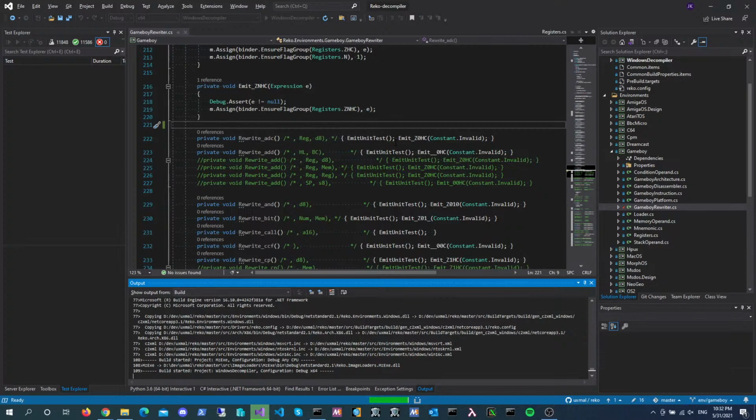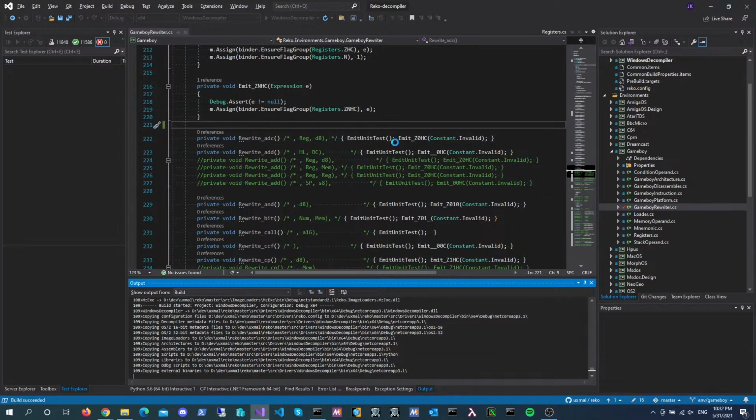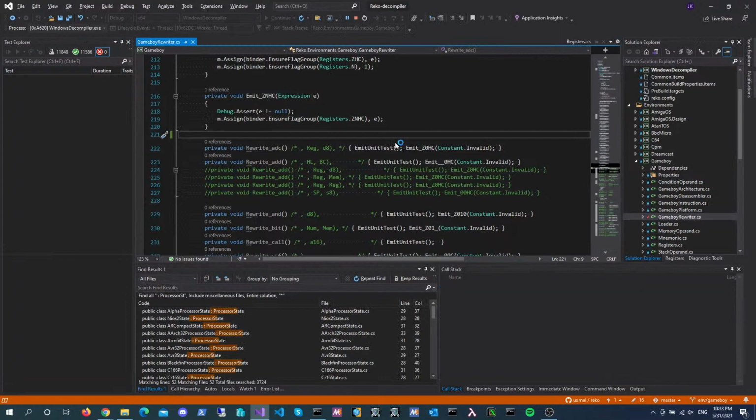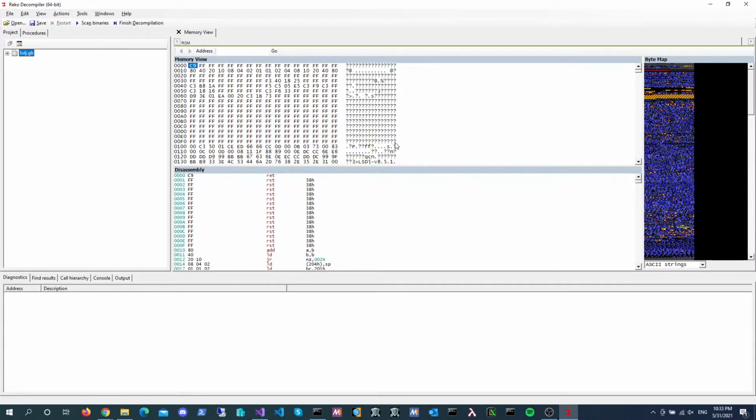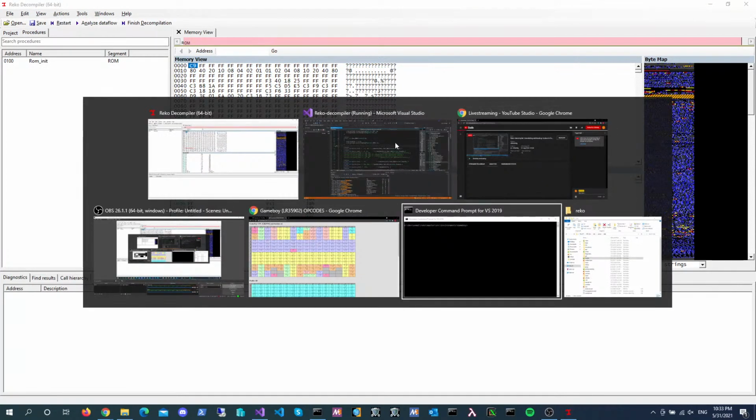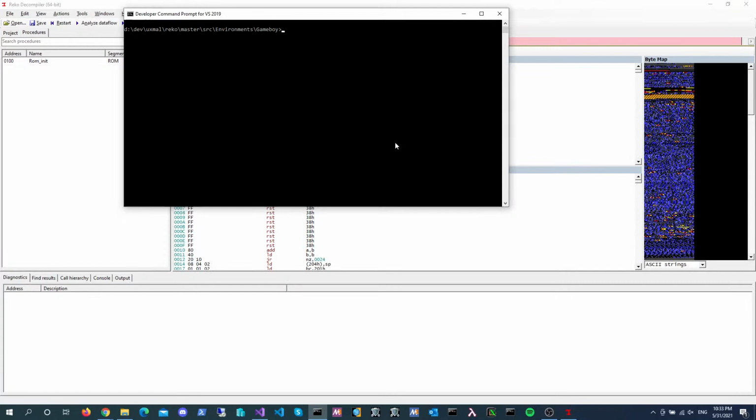So we build and we launch. So here's our program. As before, we scan and we don't get very far. And the reason for that, of course, is we haven't implemented anything. So let's try to see